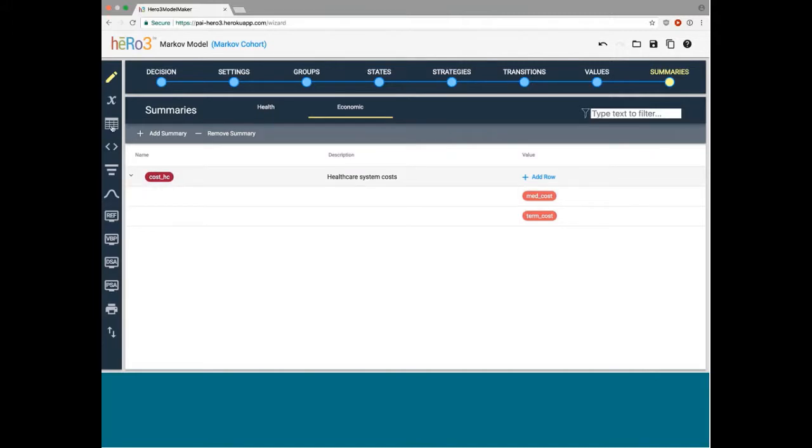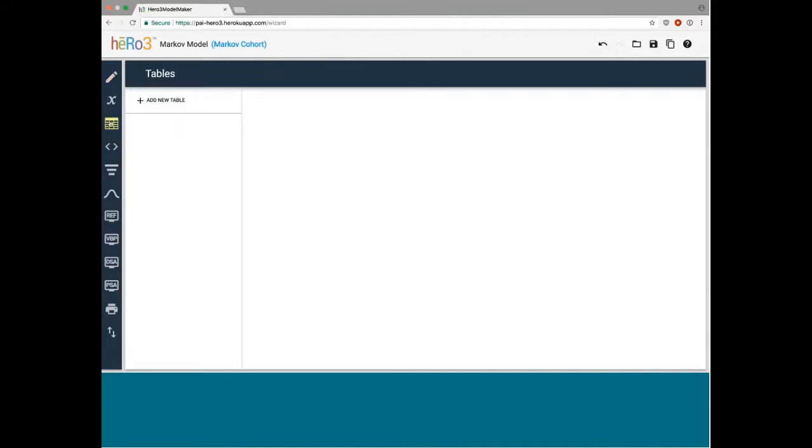Just to add a couple things that were not considered in the simple model. In addition to the variables page, we also have a tables page where we can define tables of information that can be pasted in from Excel and then referenced, for example, using lookups. That functionality we're going to see in a subsequent model. There's also a code editor which allows you to define a series of R scripts to be run prior to running the model, which allows for defining custom functions or doing estimation tasks. In some sense, it's the equivalent of the Visual Basic editor in our platform. It allows you to expand the functionality of these models beyond what we've anticipated.